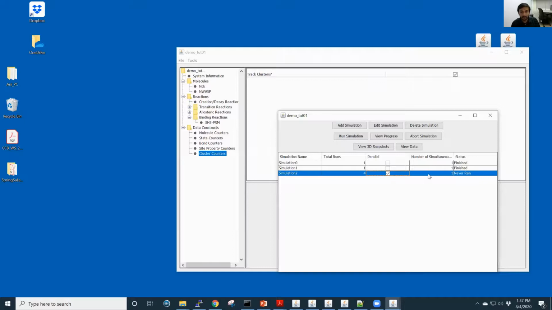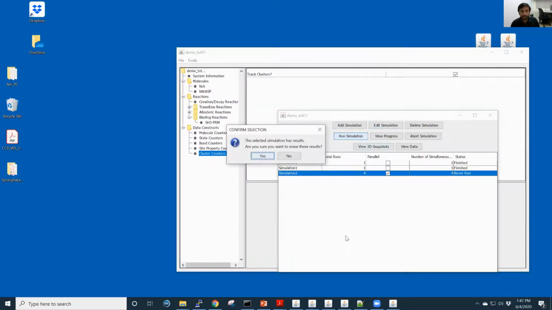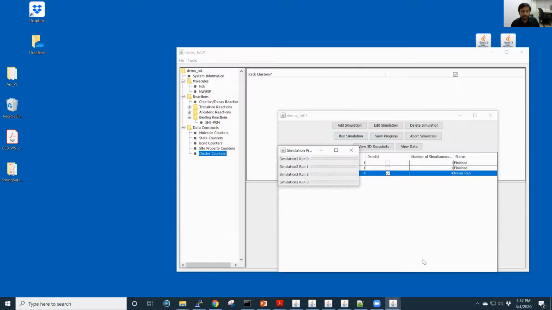So you check the button and it will ask you how many runs you want in parallel. I'll say 4, and if I launch this simulation again, and as usual, I forgot to put the initial condition, and if I put the initial condition here, and then I run one more time, now you can see that all 4 of them will be